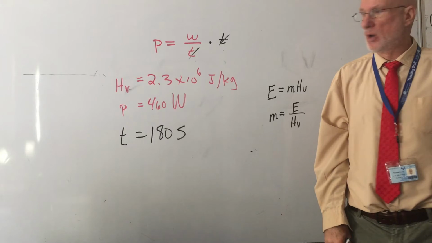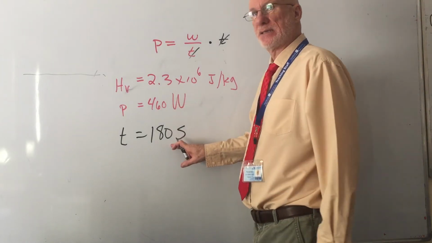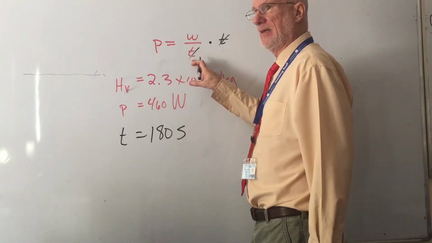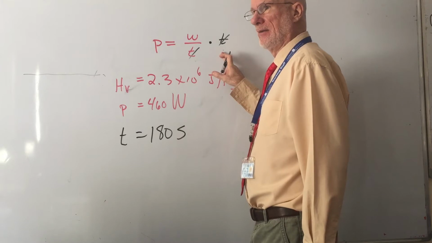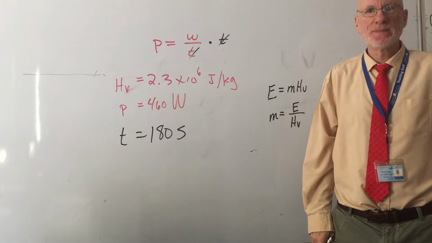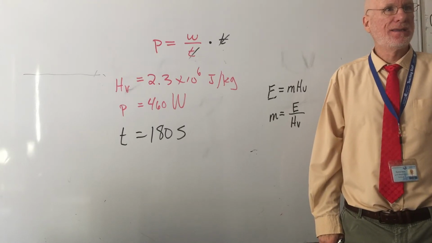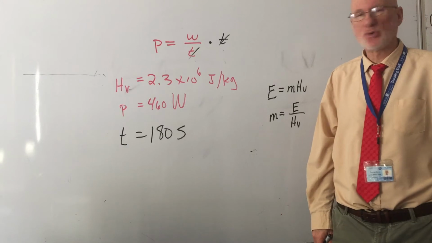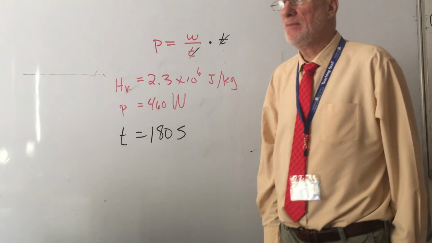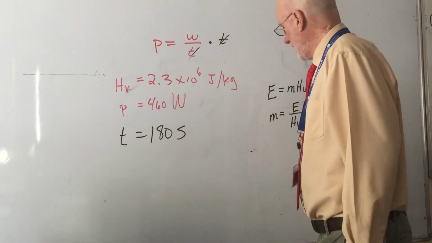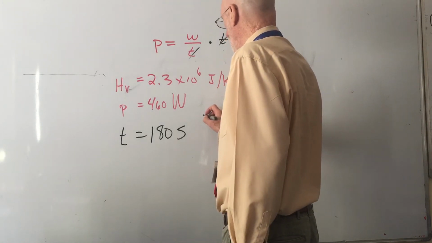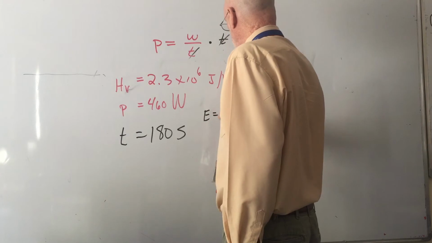So I want to multiply 460 by 180. Clear? So what is 460 times 180? 82,800. So the total E is going to be